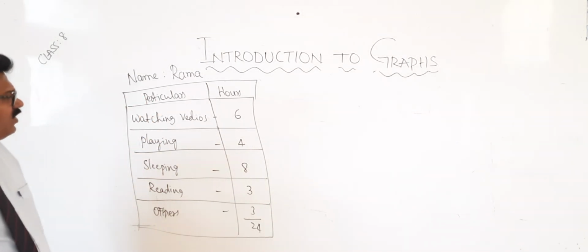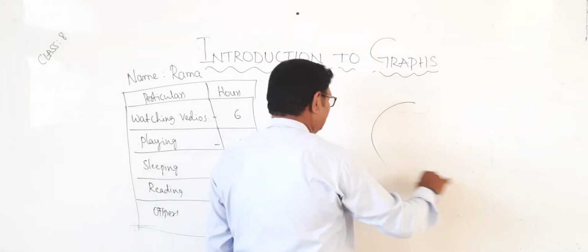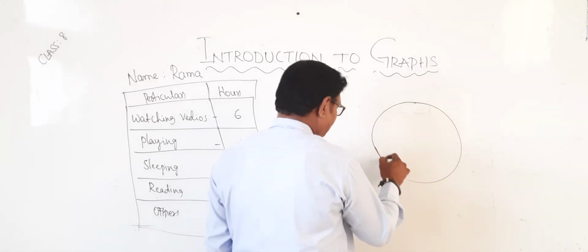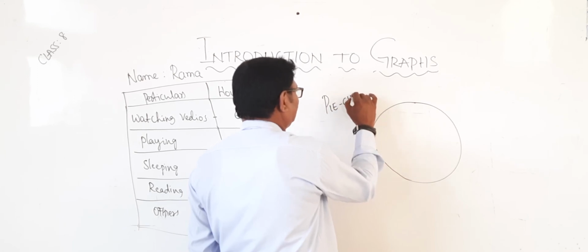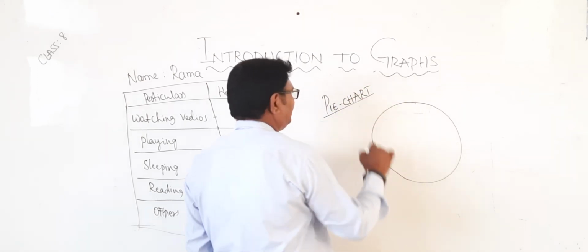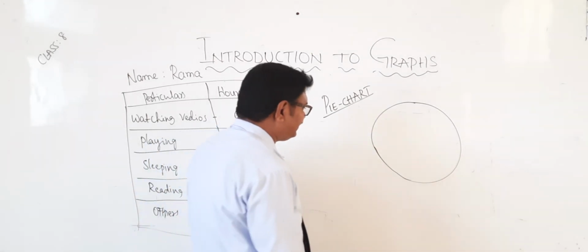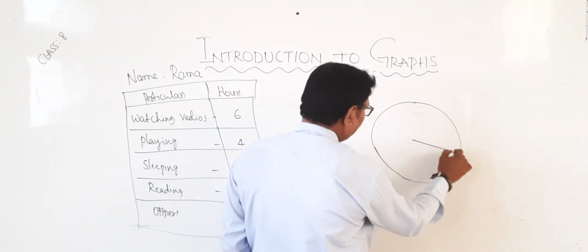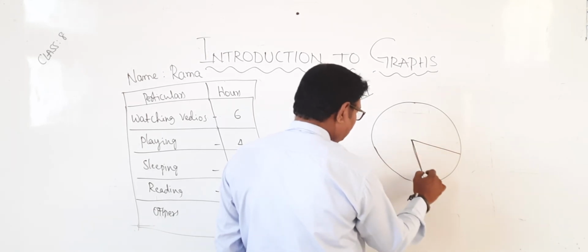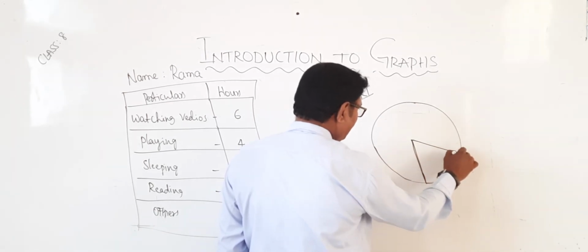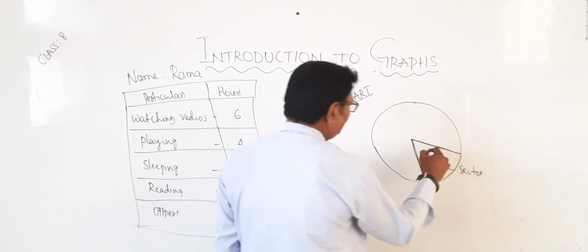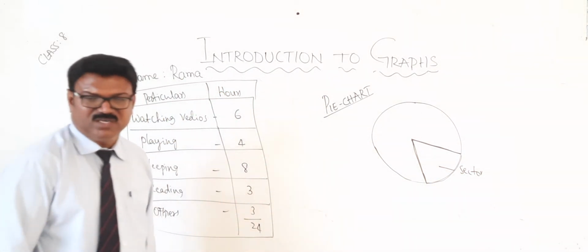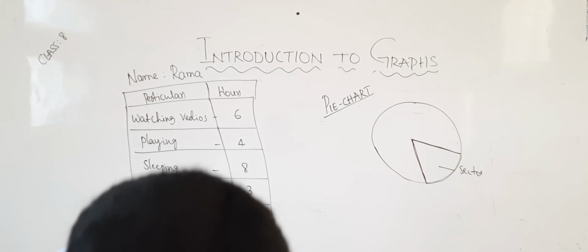See, instead of a normal graph, we will go for a sector graph. Do you know what sector means? Yes, it is also known as a pie chart. What is that? Pie chart. Very, very important. Why it is also known as a sector graph: the area bounded by the arc and the radii is known as a sector. Therefore, this graph is also known as what? Sector graph. Okay?